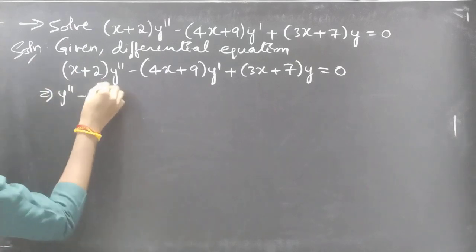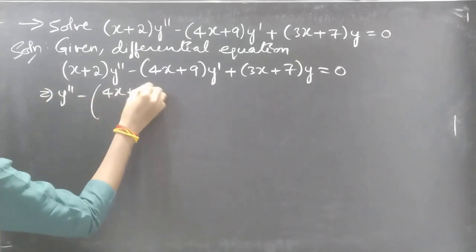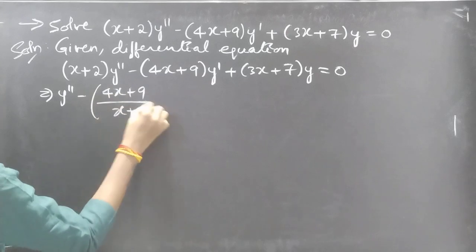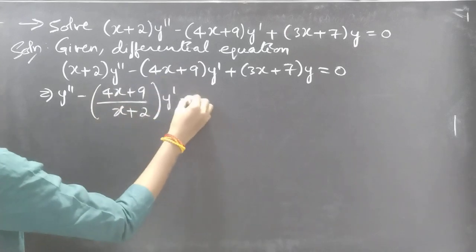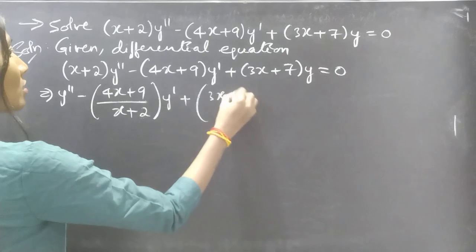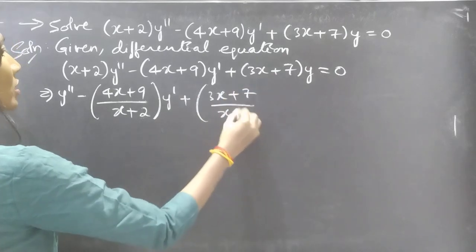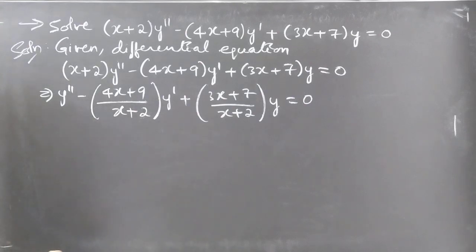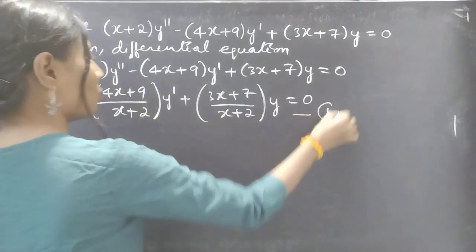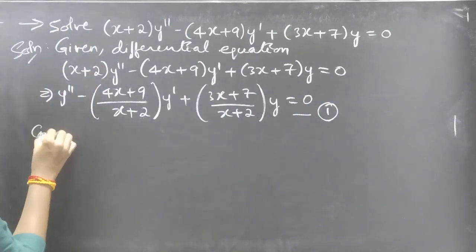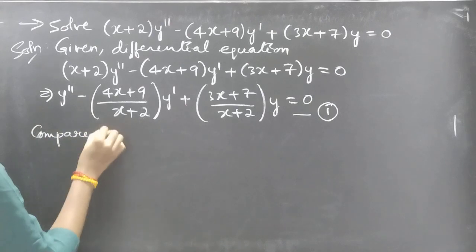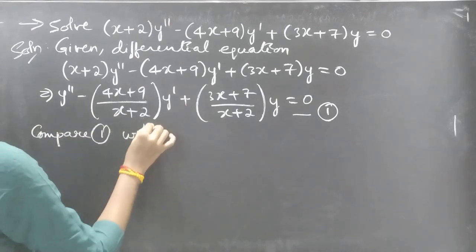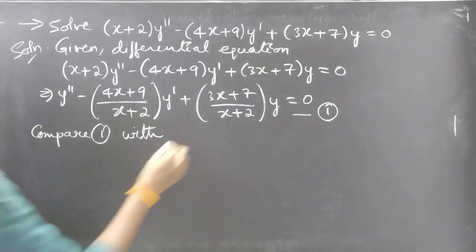y double dash minus (4x plus 9) by (x plus 2) into y dash plus (3x plus 7) by (x plus 2) into y equal to 0. Consider it as equation number 1. Now compare 1 with the standard form of second order linear differential equation,